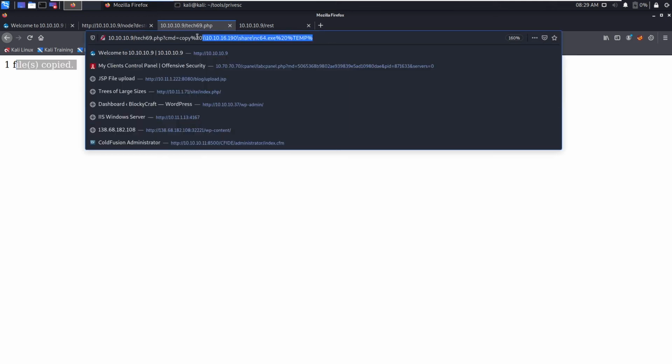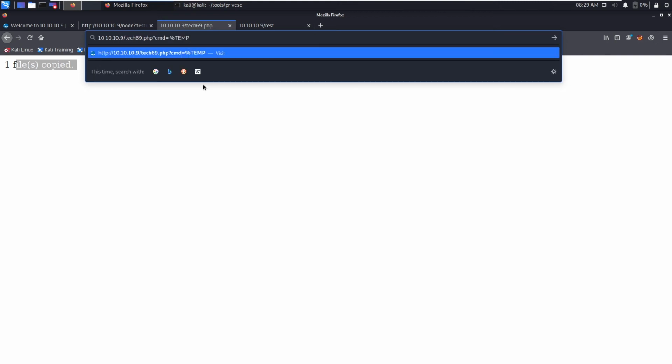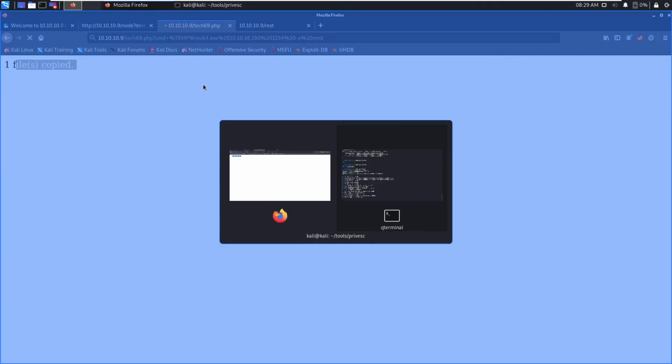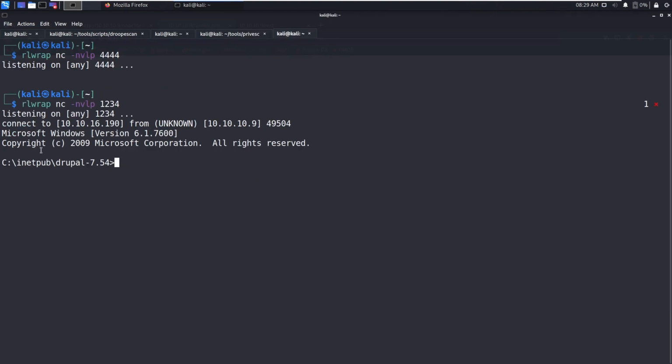You can see one file has been copied. Now what you can do is run nc64.exe and connect to the IP and the port 1234. Upon connection, execute the command prompt. Now we should see the command shell.